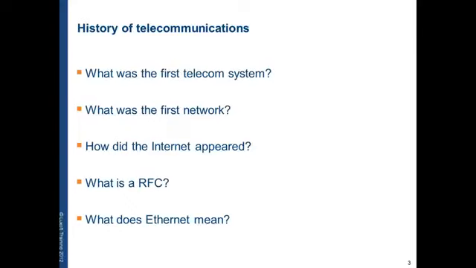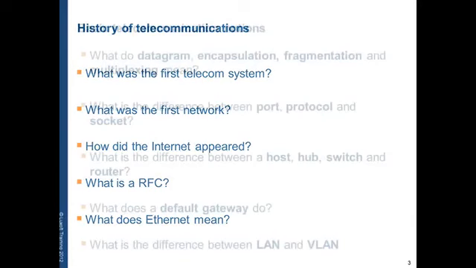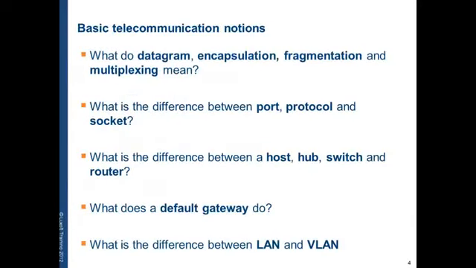Ethernet refers to a family of network technologies for local area network that provides services up to and including the data link layer described in the OSI model. We will see the OSI model further on. The MAC addressing is one of the most known features of Ethernet. We will go now through some of the basic notions. The answers to all these questions are at the end of the presentation. You can look them up later if you want.